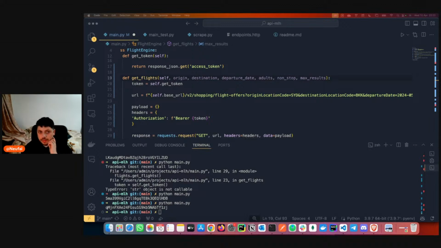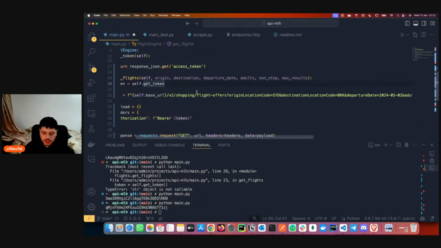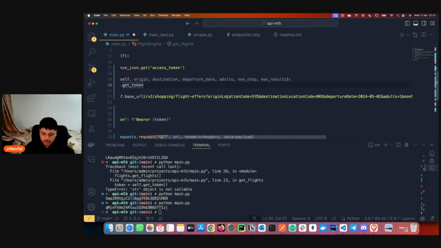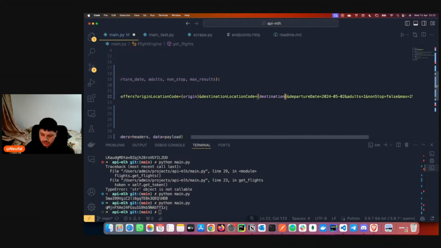So let's try to make this more parameterized, with parameters. Okay, origin location code. In this case this will be the origin airport. The other one will be the destination; we can add any destination.